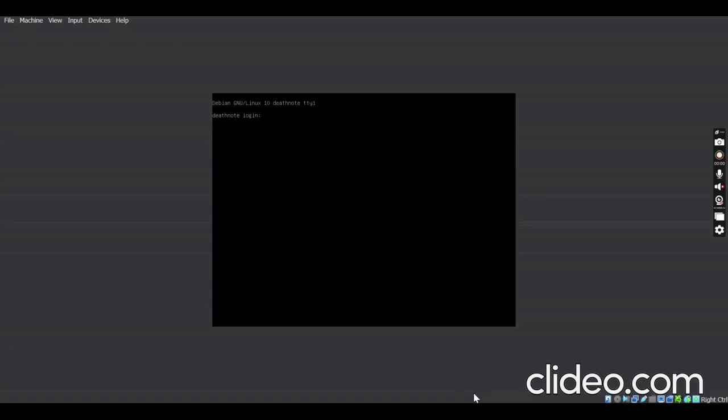It's using the same network adapters, the same network access that my system is still having. So I need to search for this particular machine or this particular server on my network. And that is what I'm going to do.